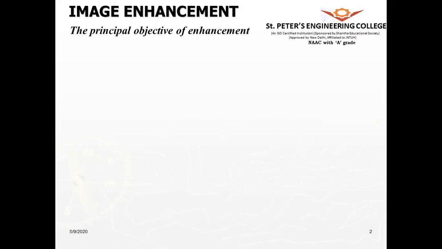First, let us define the principal objective of image enhancement. This is to process any image so that we can present it in a more suitable manner than the original image. For example, if we take a photograph, maybe because of poor lighting conditions, you wouldn't have got a good picture. So you would want to perform some modification for that by changing the contrast. That comes under this topic called image enhancement.